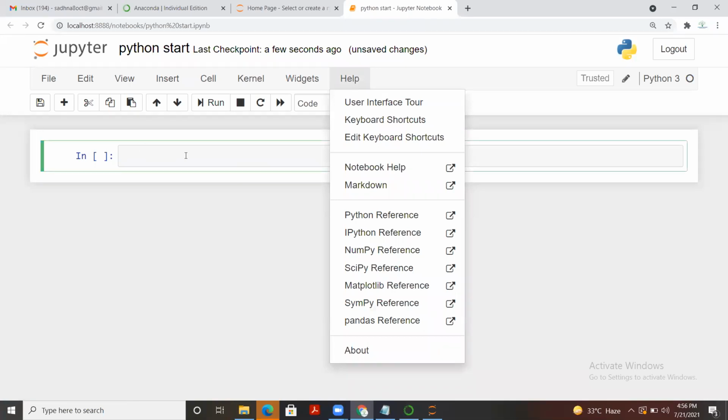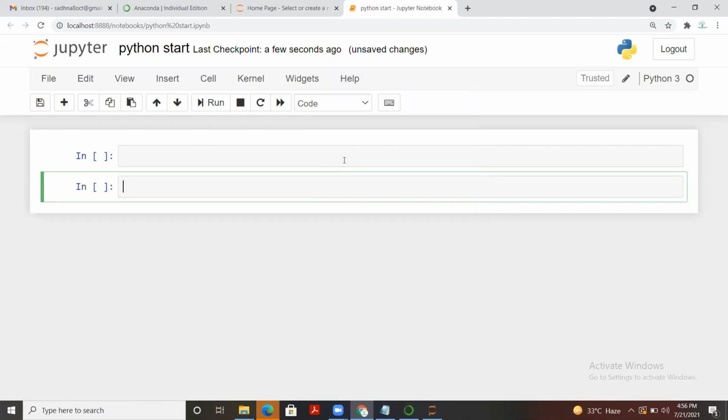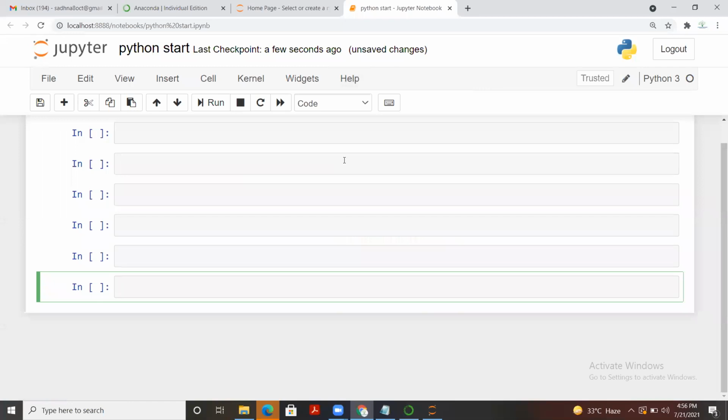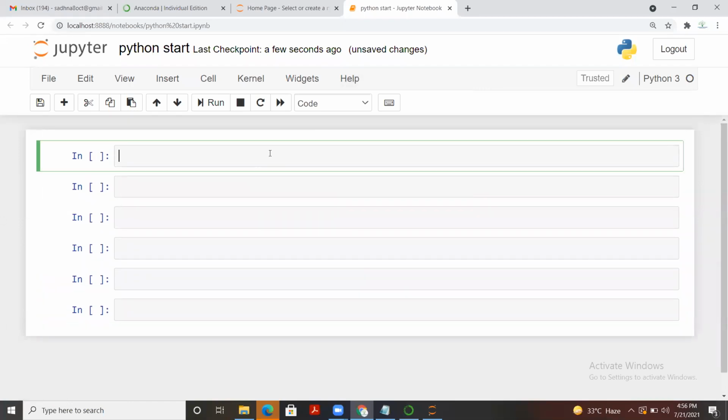And this part that you see here, we call it a cell. So we can include so many cells here, and we write as per requirement. You can write a specific code in these cells, and by default if you select any cell, the default option is code. That means anything you write here will be considered as code. And in case you don't want to write code, you want to mark it down or you want to tell something about it, you can take any of these other options.